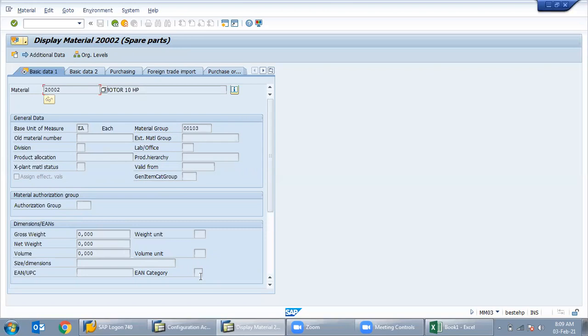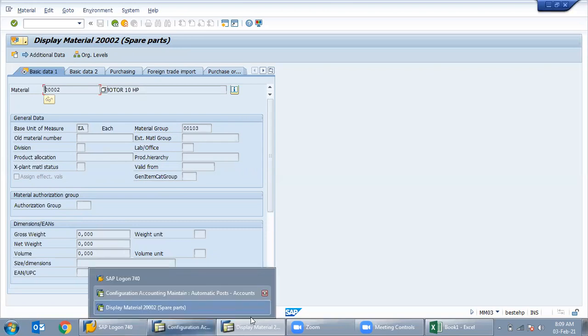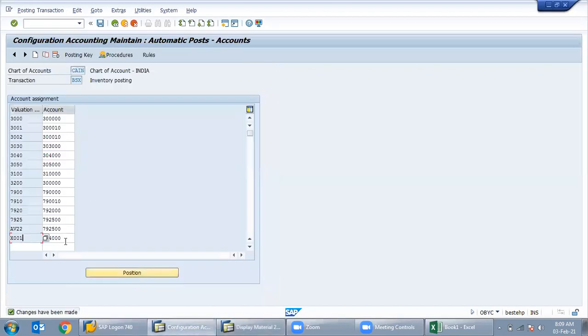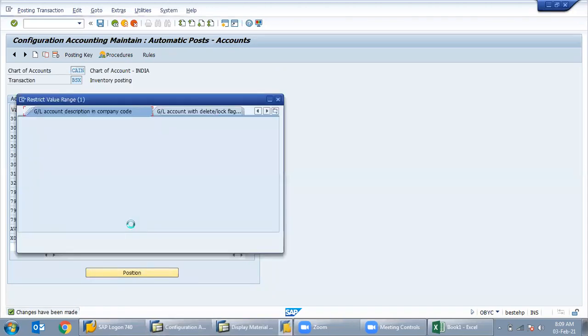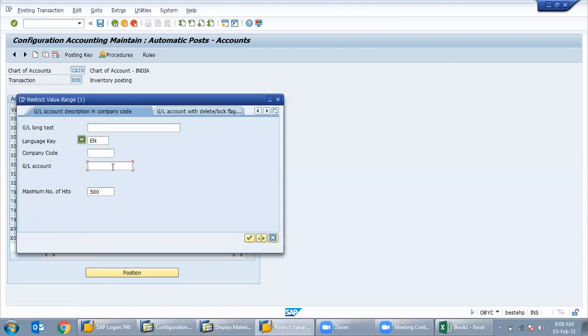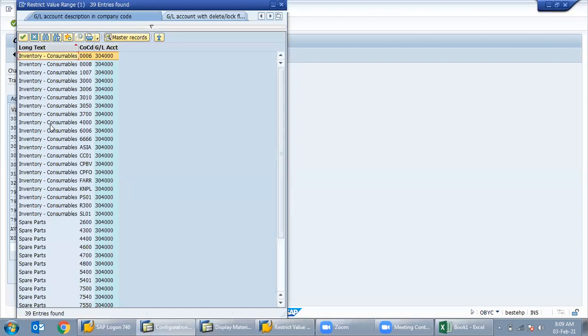So stock will be updated in that book only. That book is nothing but that general ledger. This general ledger will be hit. Whatever stocks are available for that particular material will update in this GL. See, the GL name is inventory consumable, inventory spare parts.